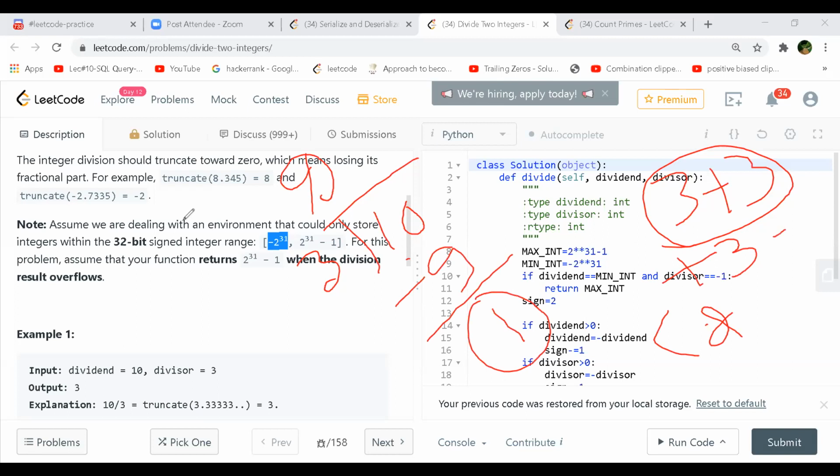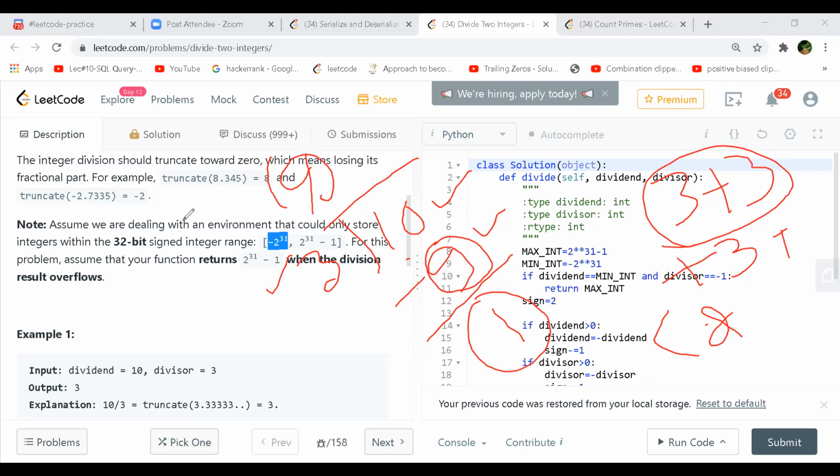This is the dividend, this is the divisor, and this is the remainder and quotient, which are the intermediate results. You are trying to show how the actual division works.